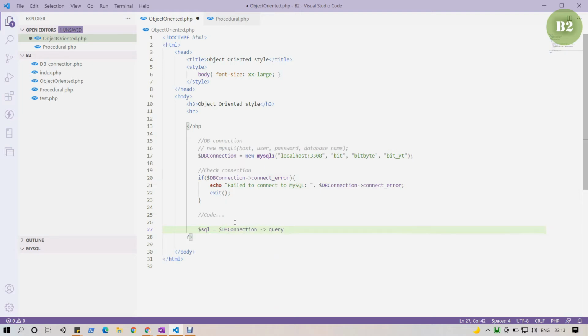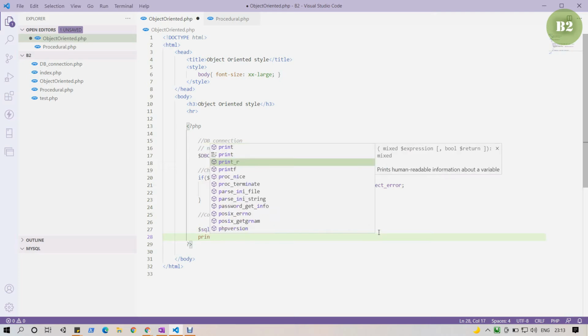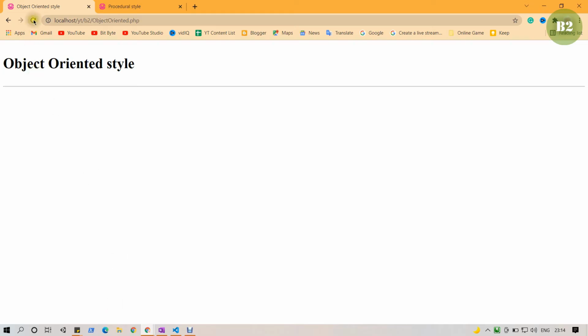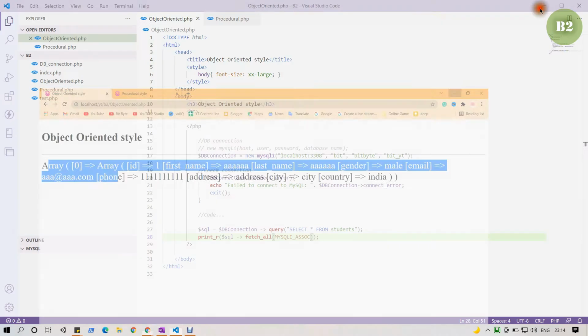First, check the object-oriented style. Now we write a simple SQL select query and run this query. It returns data from the students table as an array.